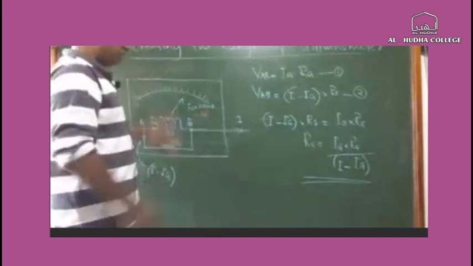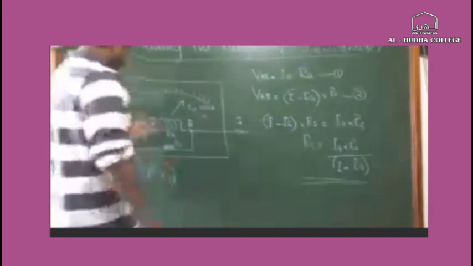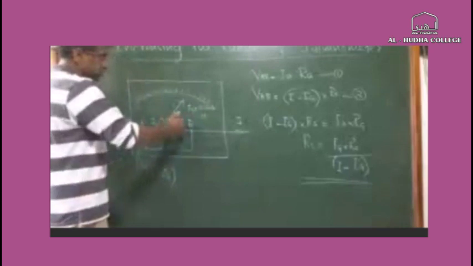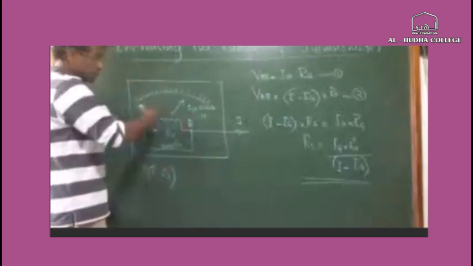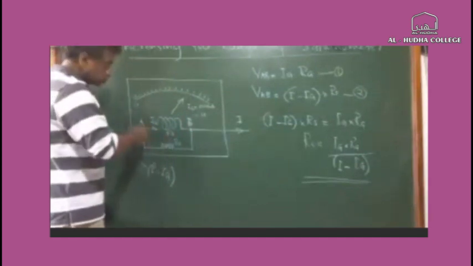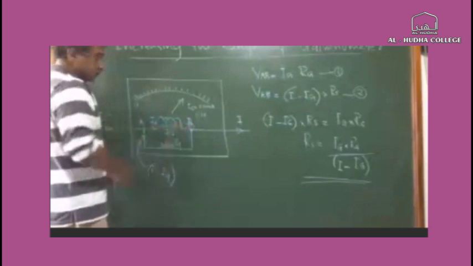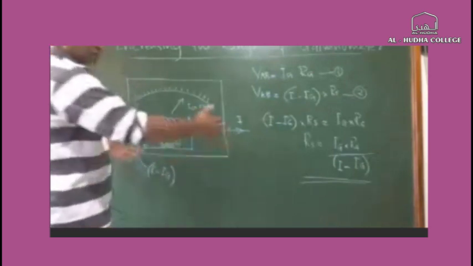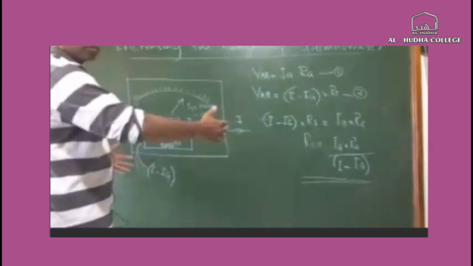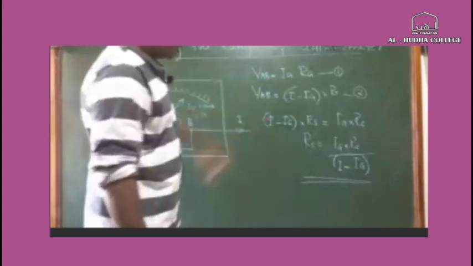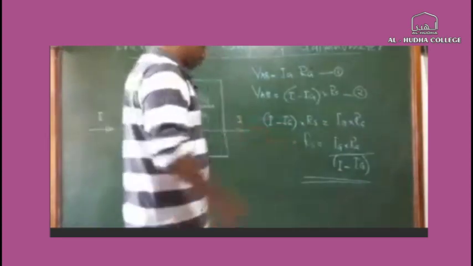So when the current is 0, no current will flow through this, and no current flows through this. At full scale deflection, the maximum current that can flow here is 100 milliamps, for example. The balance 900 milliamps should go through the shunt resistor. So that will make the total meter have a full scale deflection of 1 amp. Now, to calculate Rs, we'll take an example.